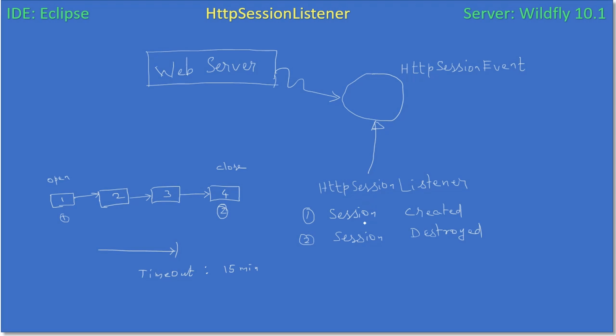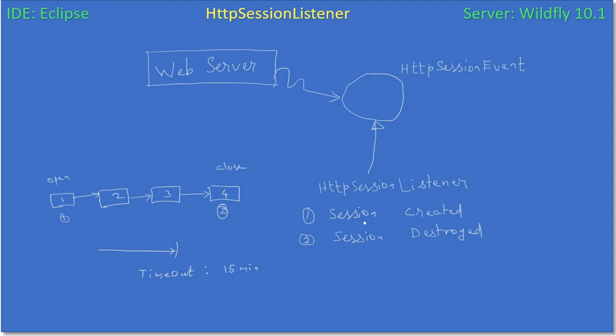There are a lot of other listeners also. Since these three are important, we just talked about these three. You can Google it to know more about the listeners, but this will give you the concept of how a listener works. So far we discussed three listeners: one for request, one for context, and one for session. So in each of these